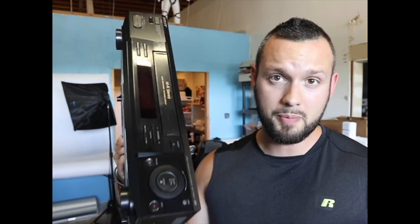Here's a few examples of what I'm doing. If you guys ever see these at a garage sale thrift store and they're under maybe $10, depending on the model number, pick them up, look up the model number, check out the comps on eBay. Some of these used are selling for $20, $25, $35 all day long. Old camcorders, these things are amazing. People love this style of camcorder, so you would be amazed how much some of these go for. One of my personal favorites,